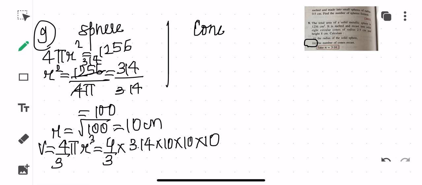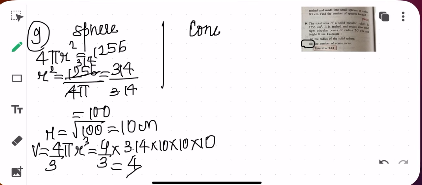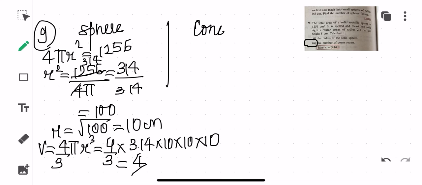So this is going to be equal to how much, children? Suppose you are calculating this, then this is going to come out to be, or else what you can do, children, when it is being recasted into cone, we will be keeping like this. No need to write down pi, just write down 4 upon 3, just a second children, into pi into 10 cube. Okay, so this is we have calculated for sphere.